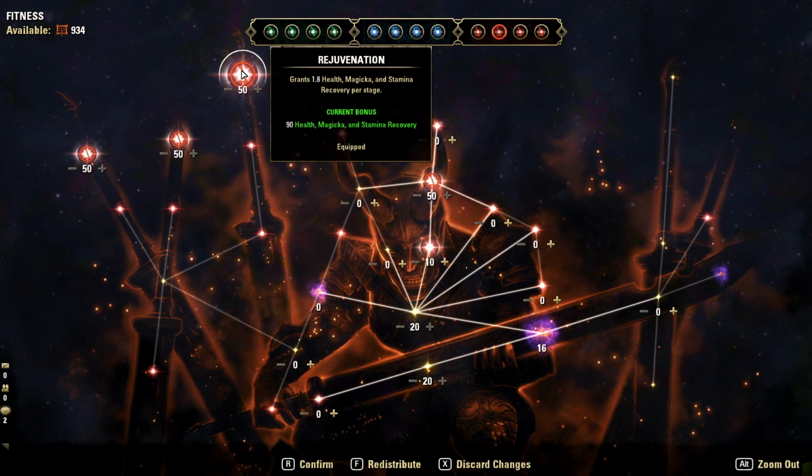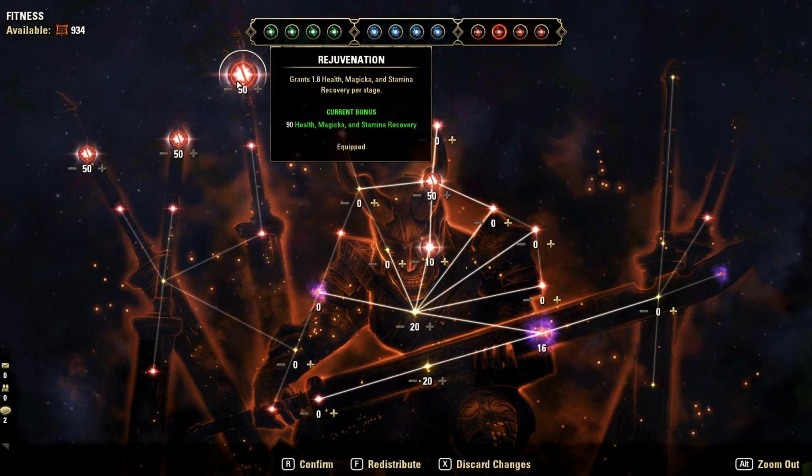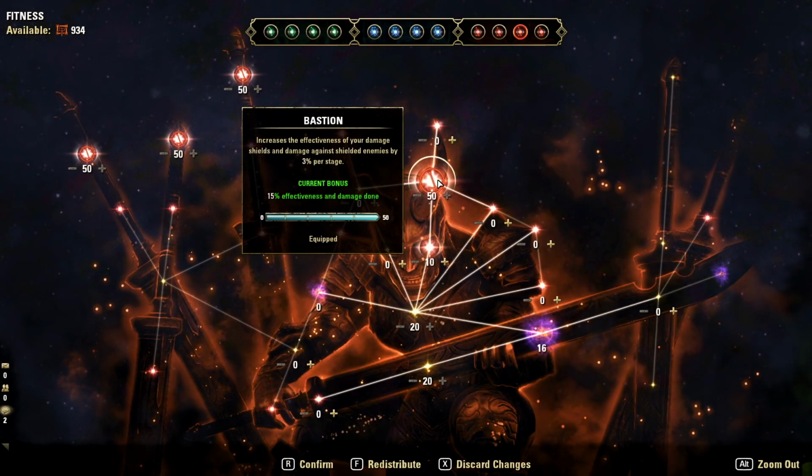Rejuvenation is getting cut slightly in the next update. It's going to be 90 health, magicka, and stamina recovery. But again, you're getting all 3 sources of recovery, which is important to a hybrid build, so I would probably still use this. And then as far as your 4th one, usually I'll pick up Bastion because this, as the